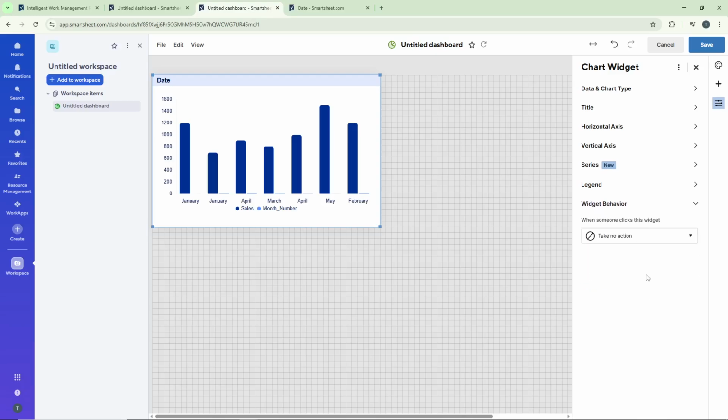These options control how your chart interacts with users and updates when the underlying data changes. Once you're satisfied with all your customizations, click Save. Your Smartsheet chart is now complete and will automatically update whenever the source data changes, giving you real-time insights into your project or